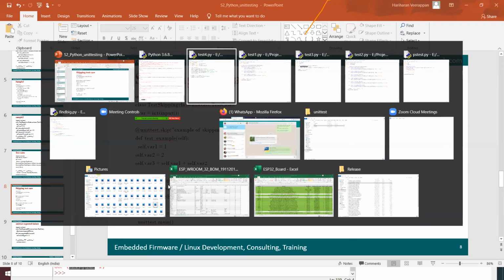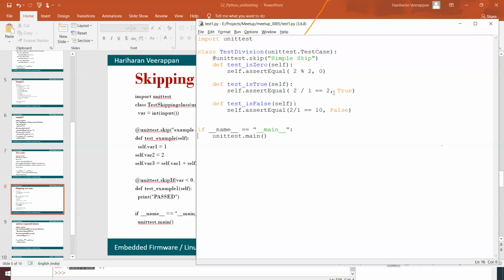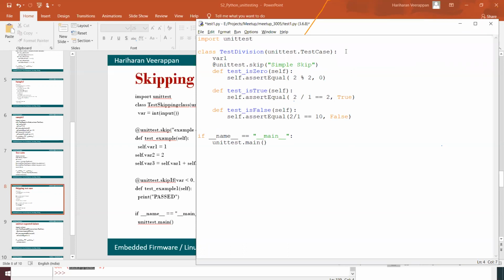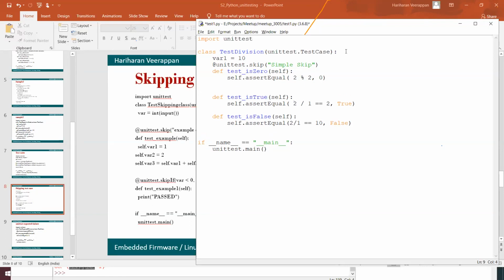For example, maybe we can add this. I'm going to define variable 1 equals 10, and maybe I'm going to do something like at unit test dot skip if variable less than 5.